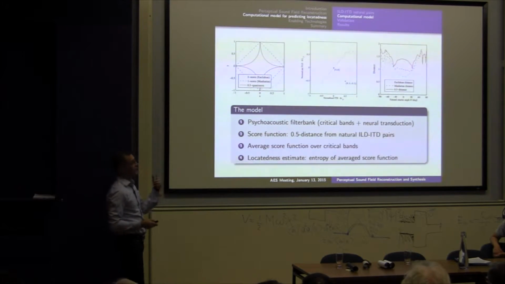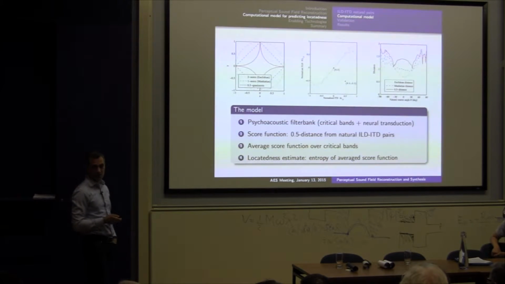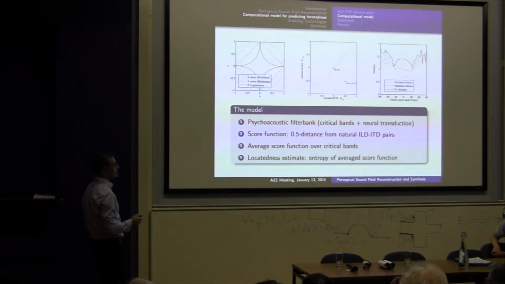First, we need to measure some sort of a distance in each of the individual bands, and then we also need to aggregate those distances across different bands, and it turned out not to be a trivial issue. So one thing that we could do is, in one of the critical bands, look at all these pairs which correspond to natural sound sources, and then compare with the pair of time and level differences produced by two loudspeakers pretending the sound is somewhere in between. Now we can measure distance from each one of these locations.